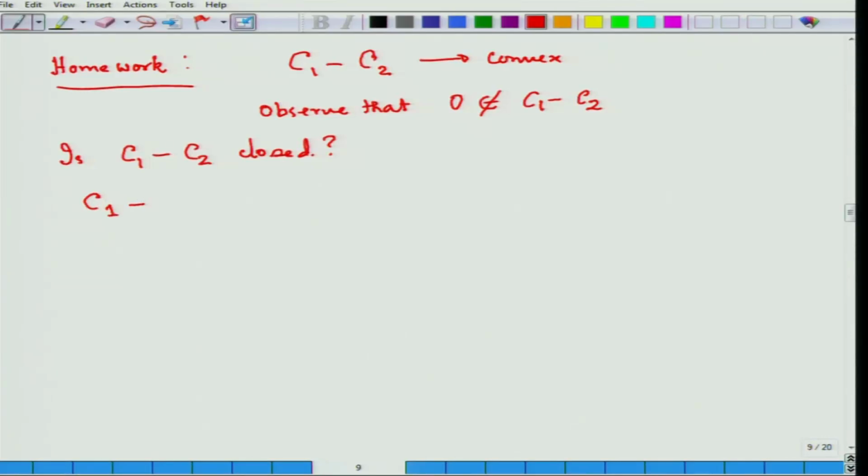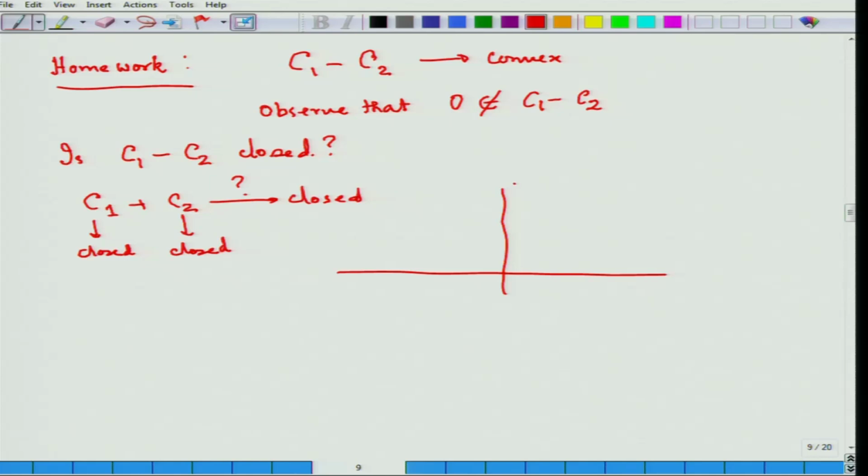If C1 and C2 are two convex sets and both are closed, the question is, is C1 plus C2 closed? This is not true in general unless one of them is compact. Here we have assumed C1 is compact, so C1 minus C2 is finally closed, but C1 plus C2 in general is not, because minus is nothing, you can just say plus or minus C2. So, C1 plus C2 is not closed unless one of them is compact, because you take again an example of this type